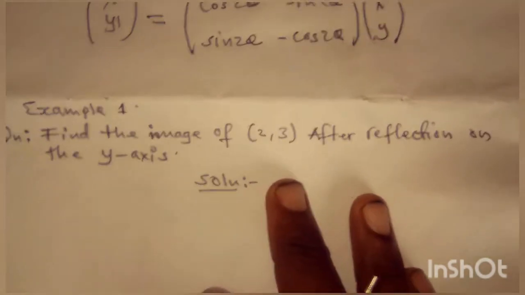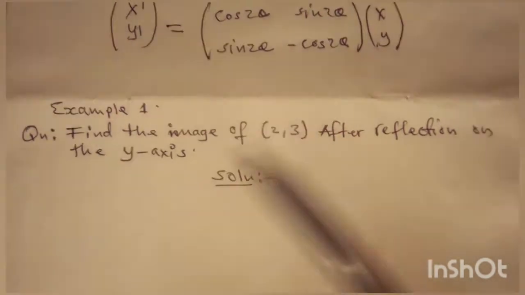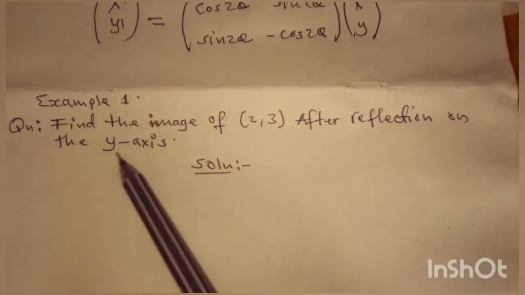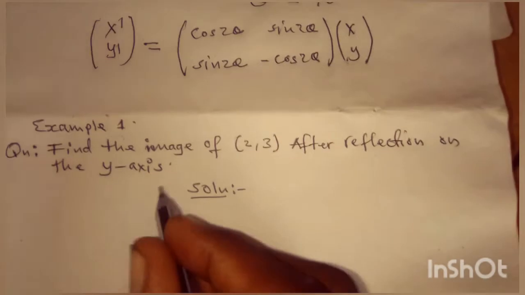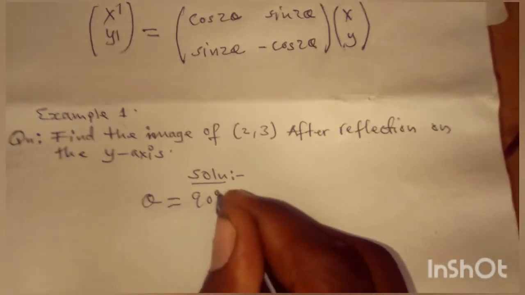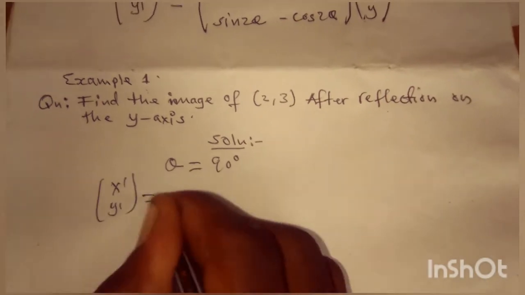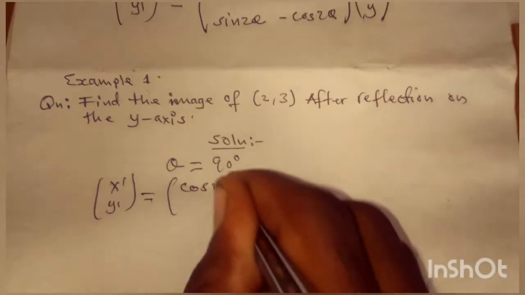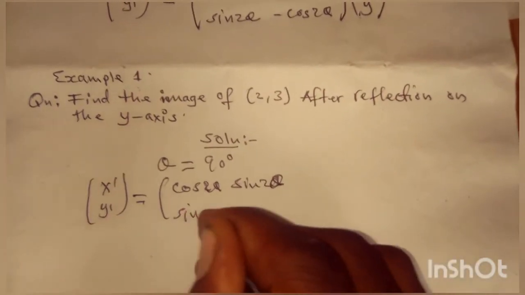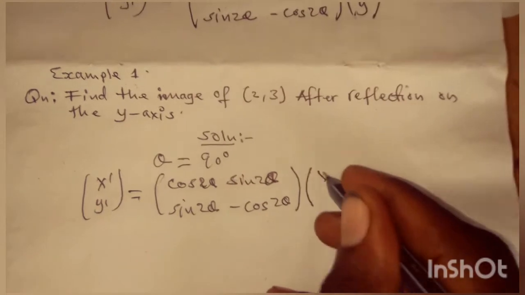So let us see an example. Our example 1 gives us the instruction: find the image of (2, 3) after reflection on the y-axis. Solution: we know that, as I said, under the y-axis our angle of reflection is equal to 90 degrees. So from the general formula, (x', y') equals the matrix [cos 2θ, sin 2θ; sin 2θ, -cos 2θ]